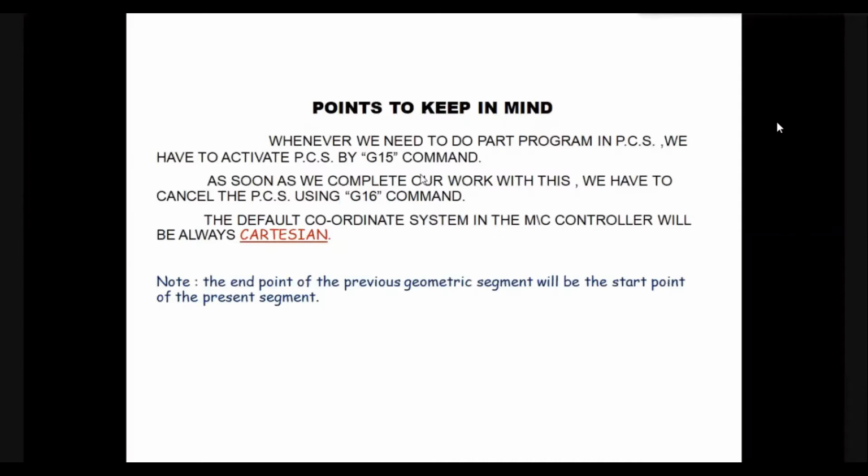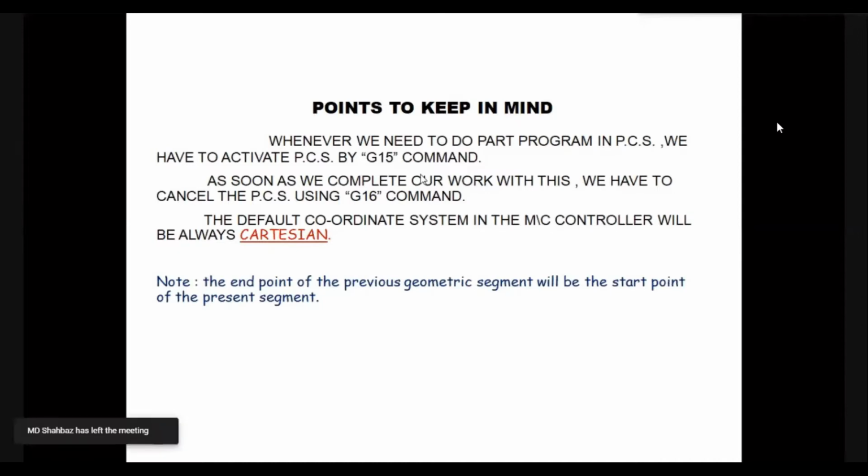whereas your expectation will be a different one, the Cartesian coordinate system. So you have to take care of that. The default coordinate system in the machine controller will always be the Cartesian system. Cartesian coordinate system is the default coordinate system existing in the memory of the machine, okay? Another point is that the end point of the previous geometric segment is the start point of the present segment.